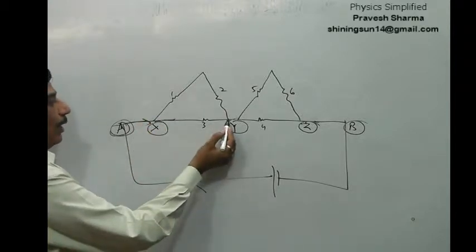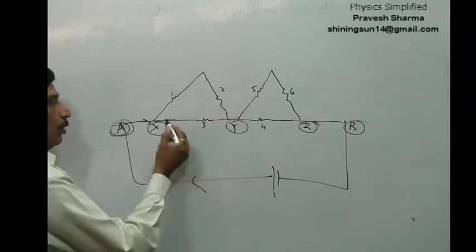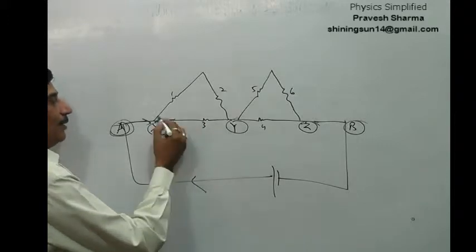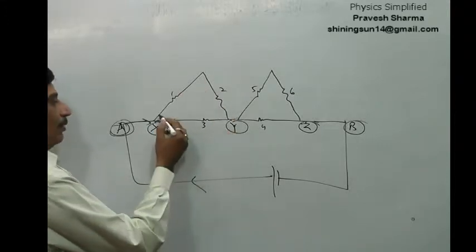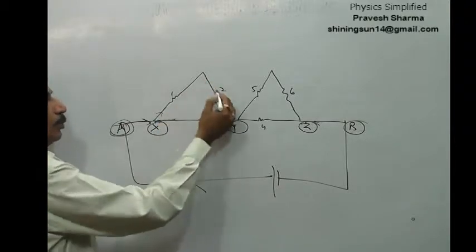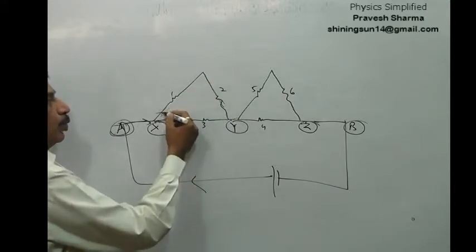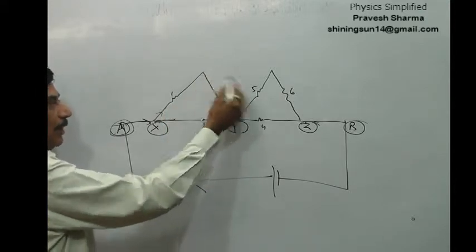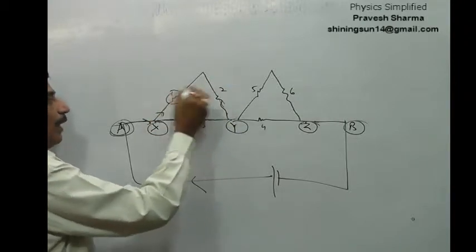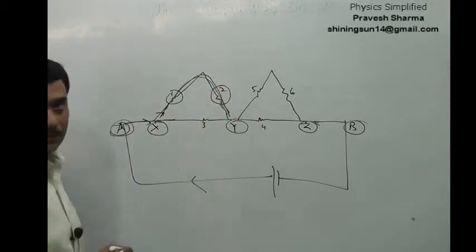Between X and Y, how can I go? I can go via this, or I can take this path. So there are two paths to reach from X to Y. One is you go via this, the other is you go via this. Once you sit on this path, you will come across 1 and 2. You do not have any other way to slip away from the path. So 1 and 2 are in series as far as this path is concerned. So these two resistors are in series.